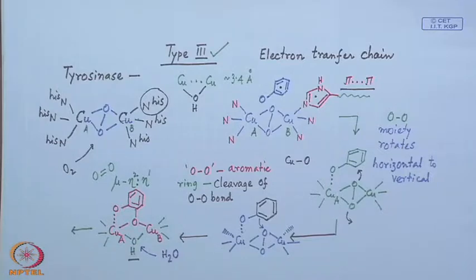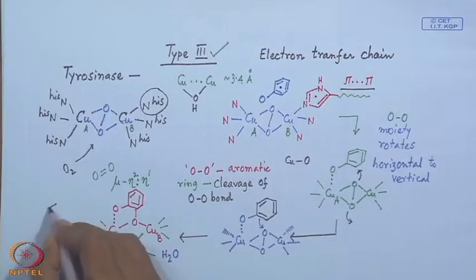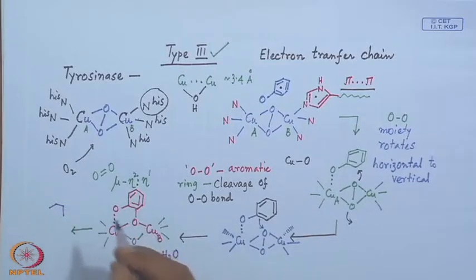Because immediately if you see that water is bound, sometimes water is bridging the copper system, and when the two copper centers are bridging this or sharing the lone pair of electrons on the water molecule, you have immediate deprotonation by changing the pK of the water molecule and you get hydroxide bridging. So, once it is happening, that means you have these two copper sites with hydroxide bridging, and ultimately we get the release of this product